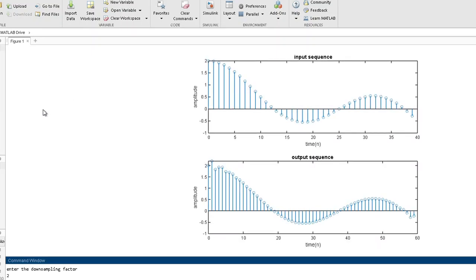And as we can see in the output waveform, for the input sequence, the time is up to 40, and for the output, time is up to 60, meaning the sampling rate from input to output has increased. The reason for this is that the downsampling factor is 2 and the upsampling factor is 3, meaning the upsampling factor is higher than the downsampling factor. And using the resampling function,